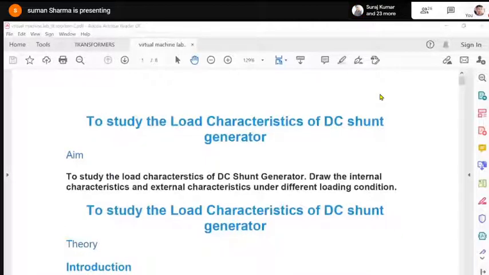Terminal voltage is load voltage, VT. Ohmic drop due to armature resistance gives lesser terminal voltage than the generated voltage. Generated voltage is EG, and from it you have the IaRa drop, EG minus IaRa, so your terminal voltage is lower than EG. As your armature current increases, this drop value increases and therefore the terminal voltage reduces.